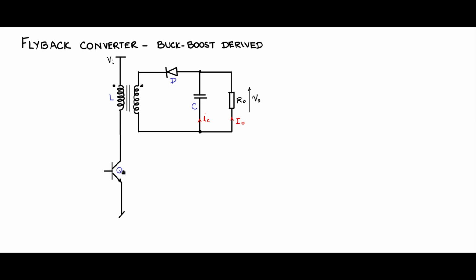When the Q is on during DTs time, you will have current flow like this, and the voltage across this is Vi. The voltage across this is N times Vi, and reverse biases the diode, because here it is plus minus reverse. So the V0 and the secondary voltage will reverse bias the diode. And then when the switch is off, there is a reversal of polarity. The non-dot end becomes positive, and that will drive freewheel current through this diode and charge up the capacitor. So the buck boost operation